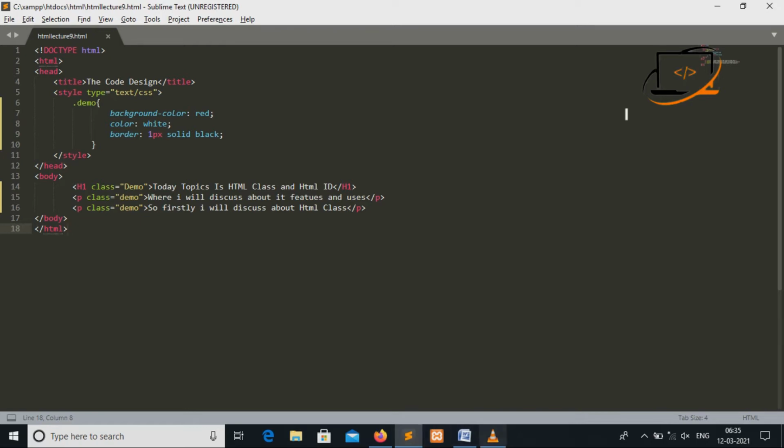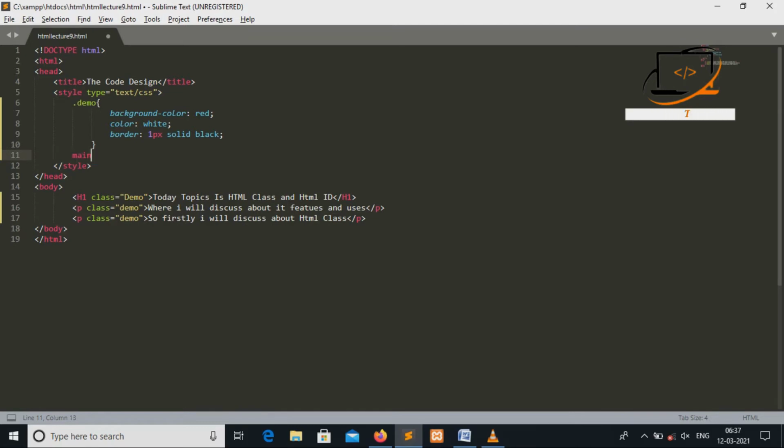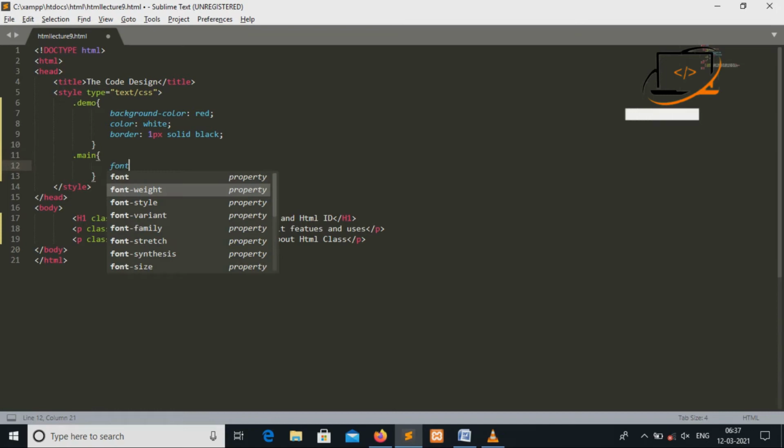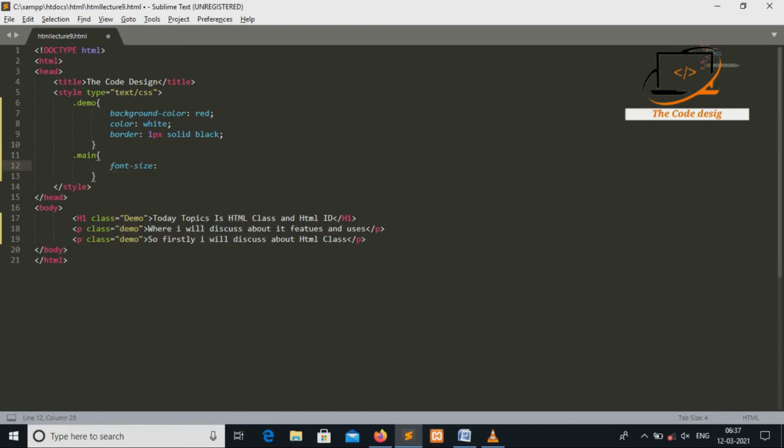Now if we want to use multiple classes in a single HTML element, here I am taking another class, dot main. Here I am taking font size, 50 px, and here we use main.